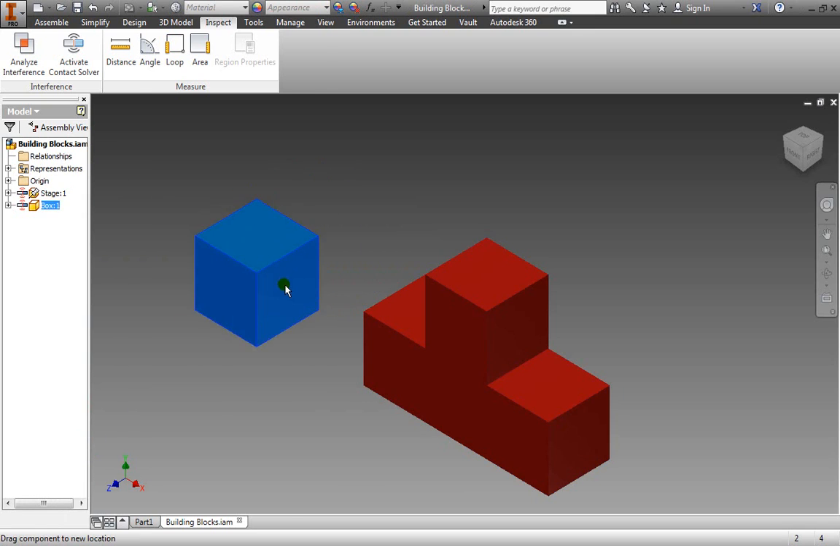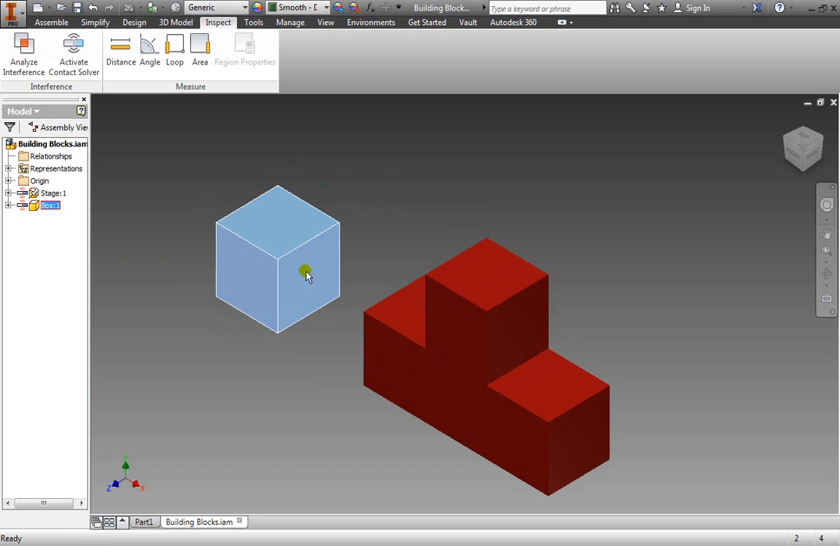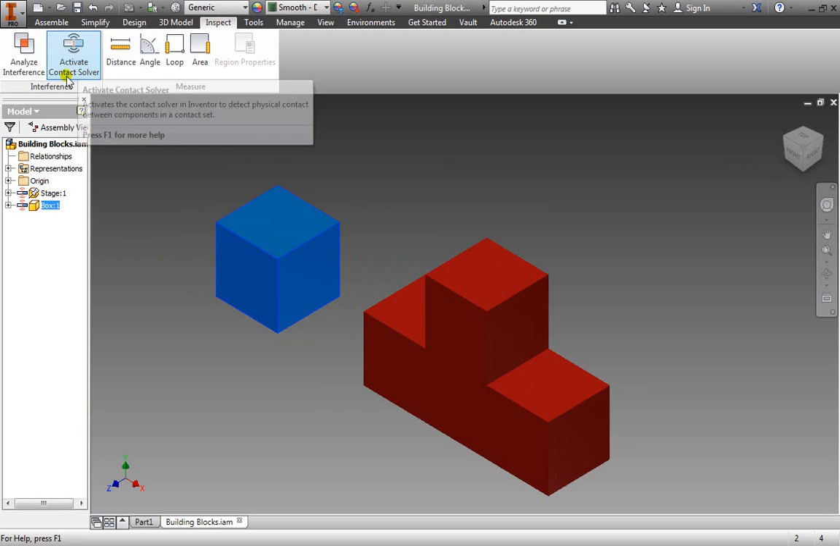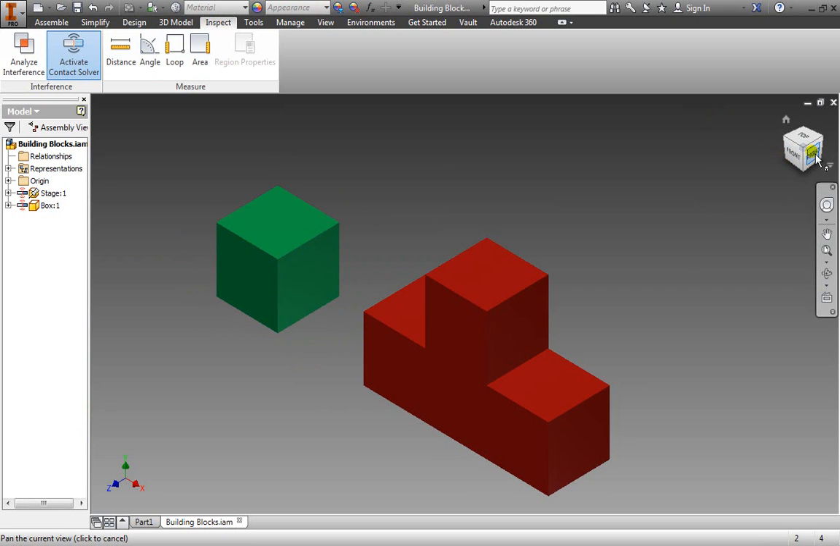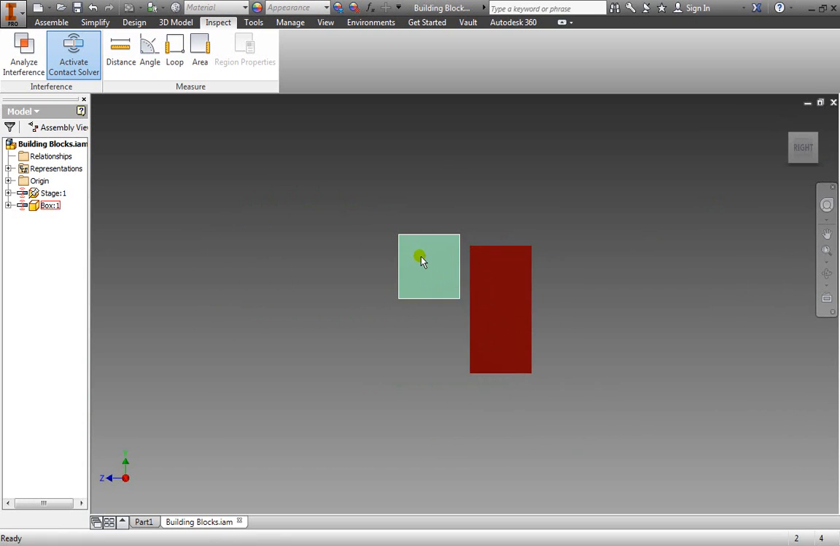So what we're going to learn is how to add constraints to our designs. But this here will also mimic that same idea. And then we go to Inspect and turn on the activate contact solver. If I go ahead and select that, and let me actually change the view, because you notice our blocks aren't lined up. So we're looking at the right hand side. And if I come down,